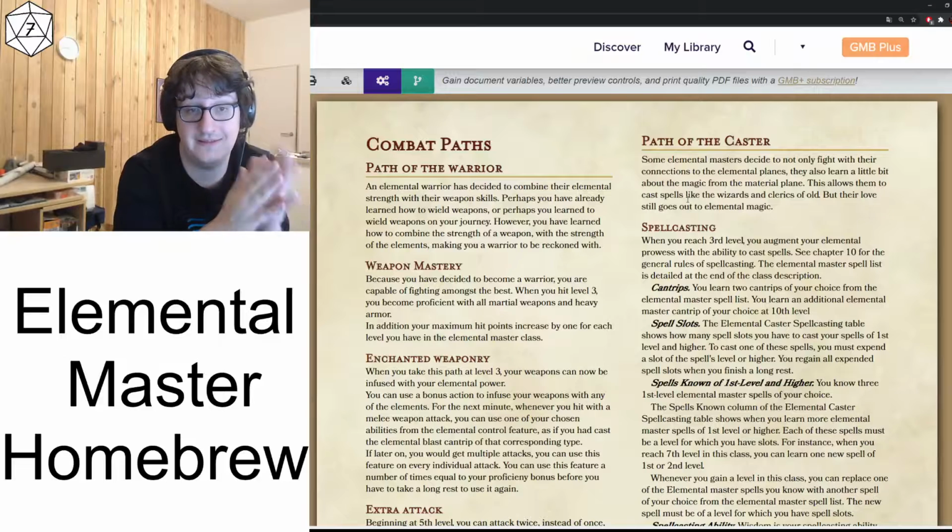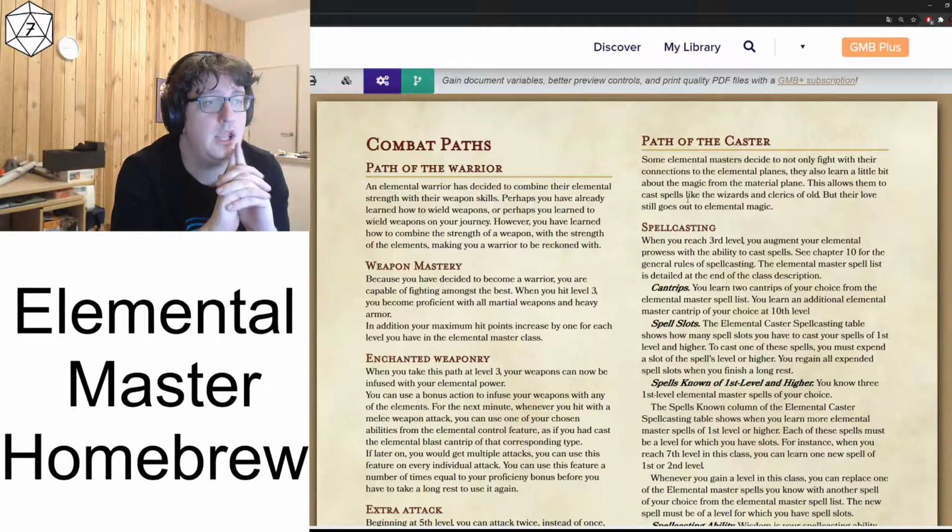So pretty much this is a 1/3 caster. Actually, I might need to add that in multiclassing. I'll have a look at that. Anyway, let's get to